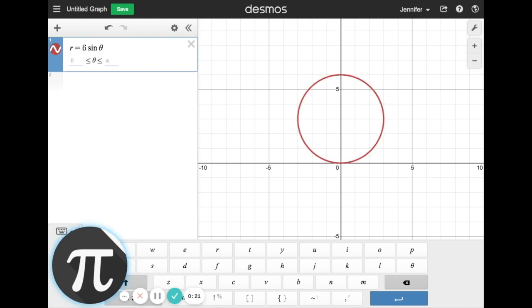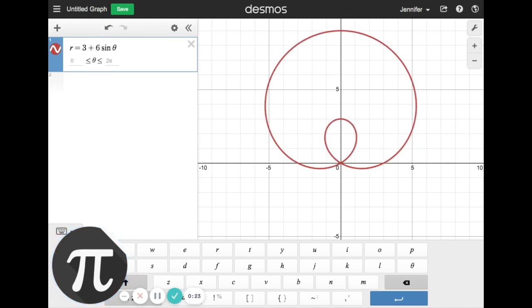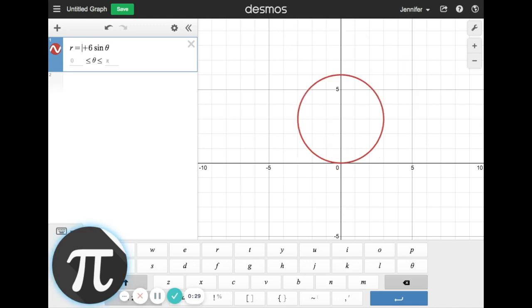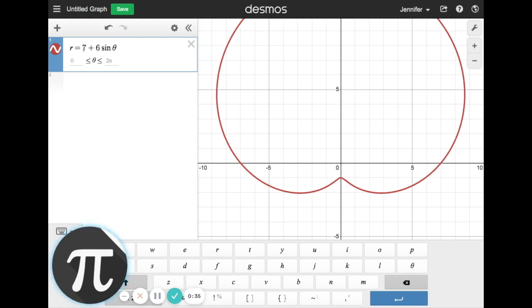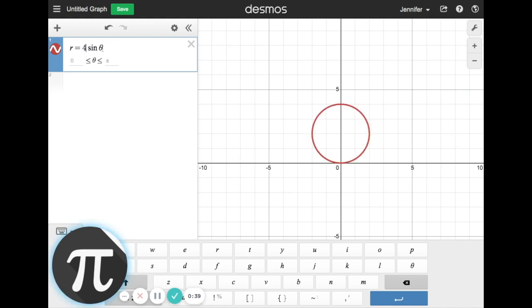And then, of course, if we added or subtracted something, I might get a little loop in the middle. If I change the numbers so they matched, you just get a little dimple in or something like that. Okay, so what we're going to do today, instead of changing what we add, we're going to change the coefficient